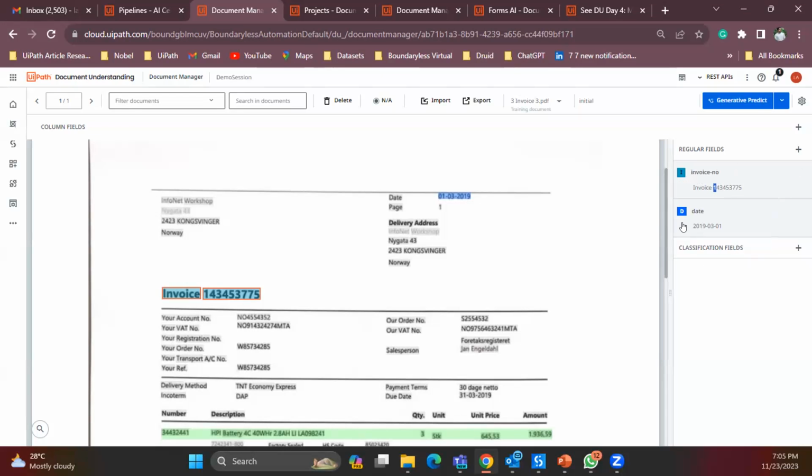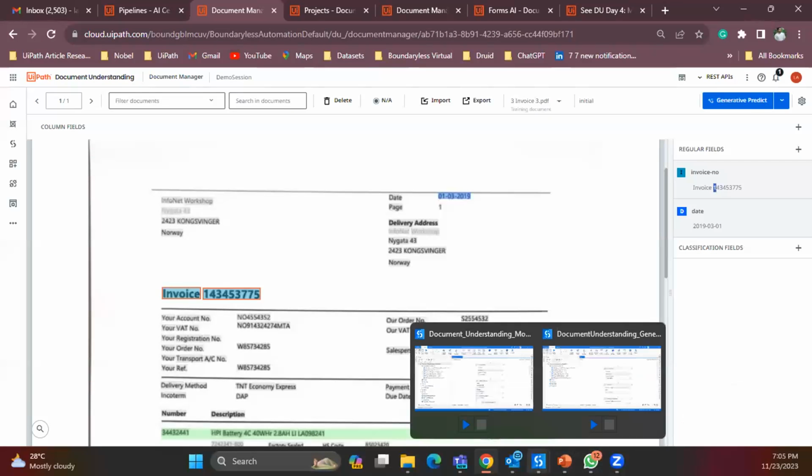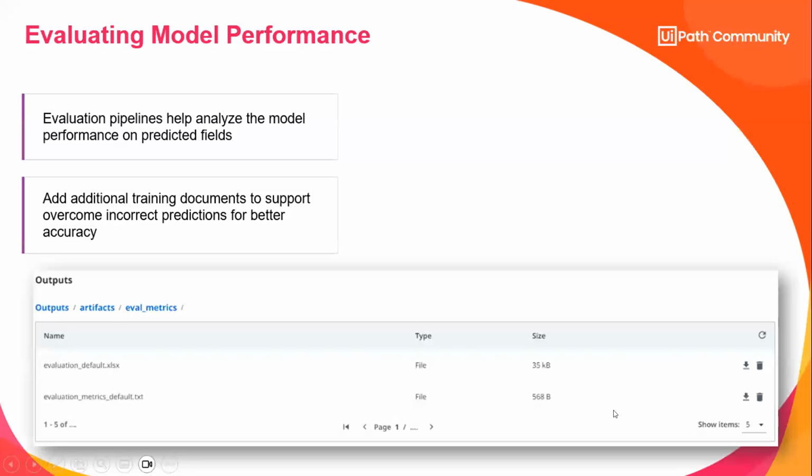We need to do that because that information is used for evaluating the model. So when you run the evaluation pipeline, what happens there is it generates a set of files for you. Let me go back to this slide. If you look at this screenshot, once the pipeline is successful, it will give you an Excel file that you can download in the pipeline screen,